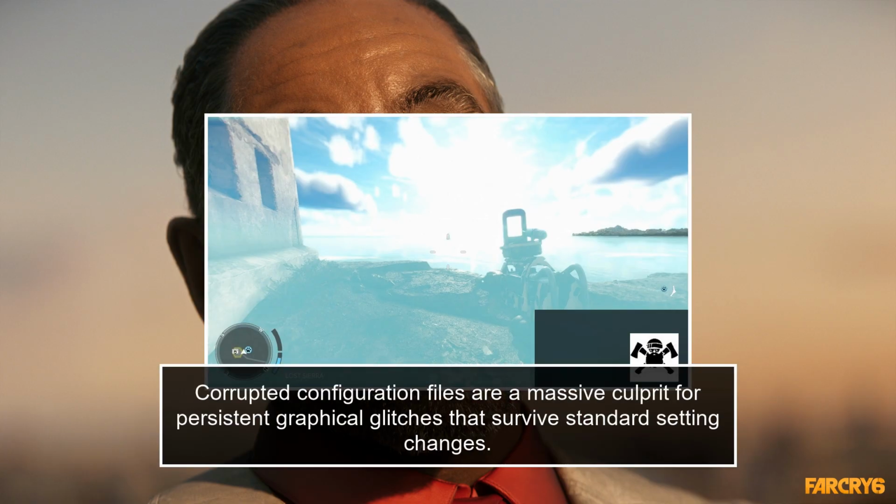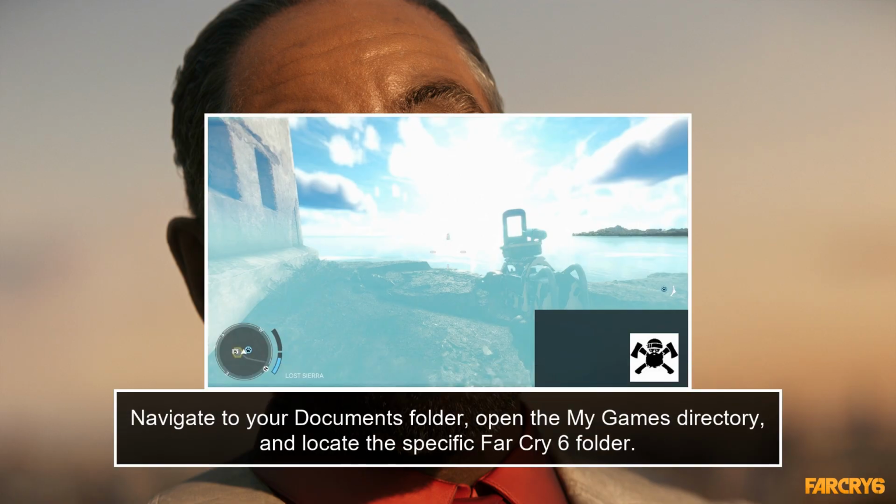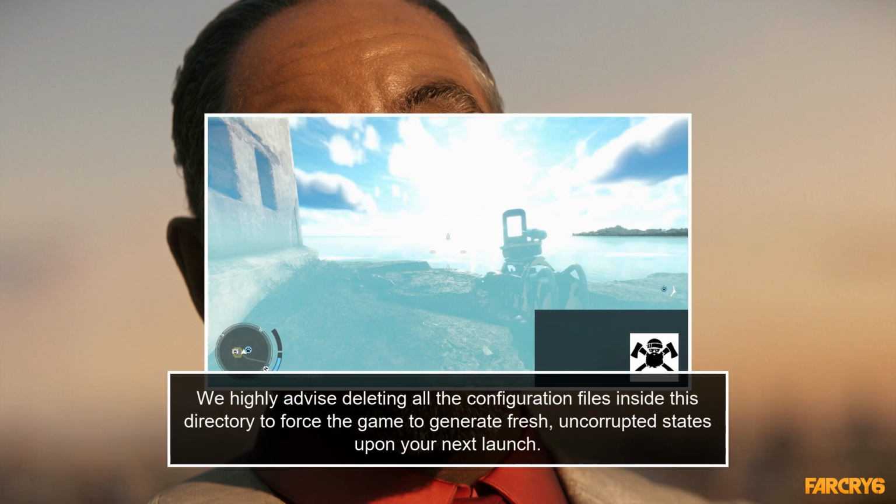Corrupted configuration files are a massive culprit for persistent graphical glitches that survive standard setting changes. Navigate to your Documents folder, open the My Games directory, and locate the specific Far Cry 6 folder. We highly advise deleting all the configuration files inside this directory to force the game to generate fresh, uncorrupted states